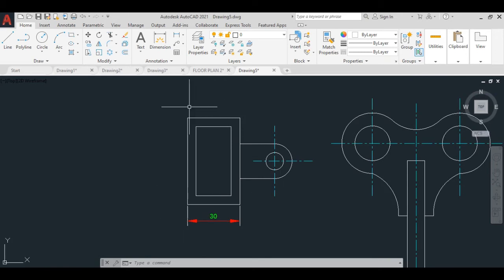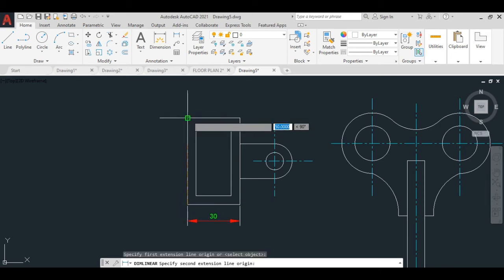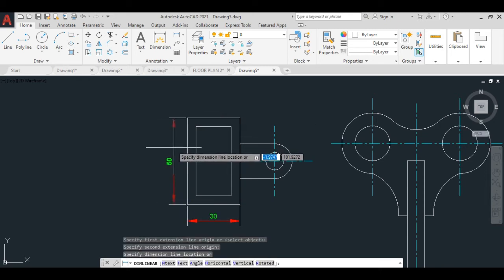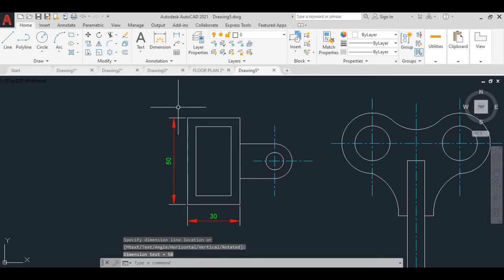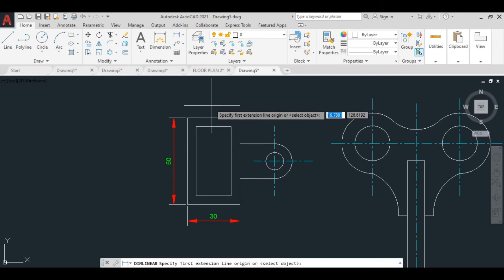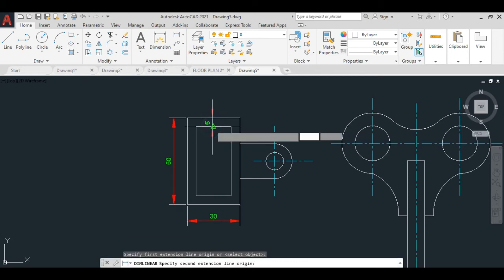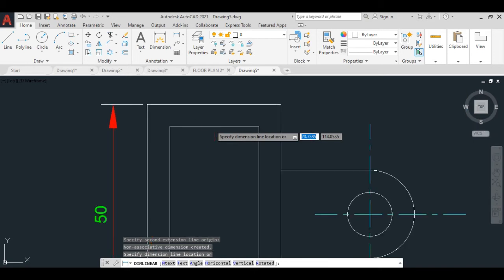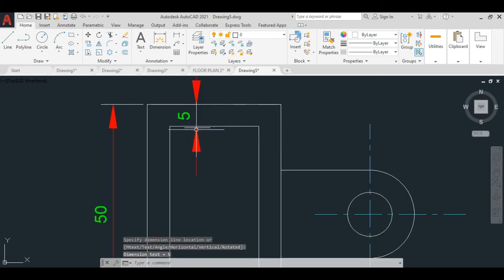We'll do the text in the height of the rectangle. So again go to the linear option and just click here and click here. This is the 50, and we'll do this from mid to mid, which is the 5 gap.